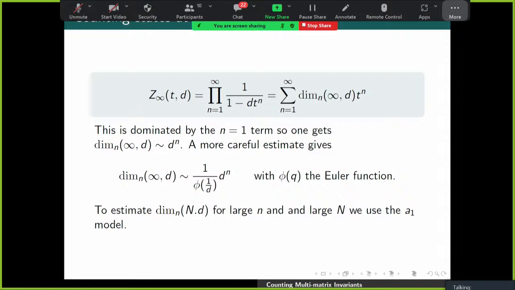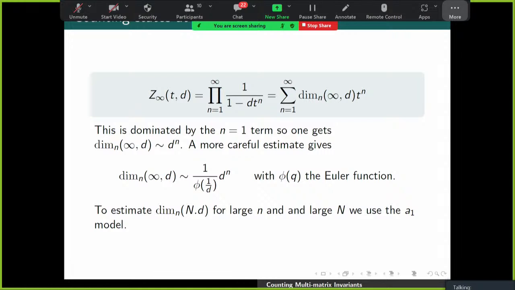And so we have an estimate of what these dn are for small n. But this expression breaks down near the transition. So to estimate these dimensions dn